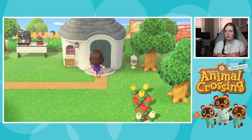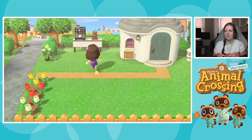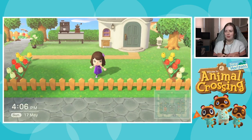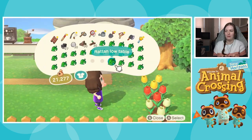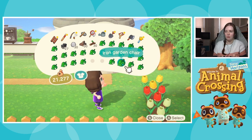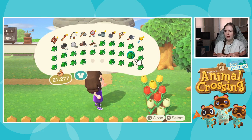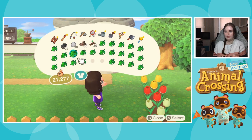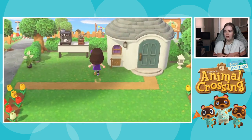He's not actually home, I don't think, so we can't look inside, but his house is very much coffee themed. He has a really cool area for making and preparing food. He has a little kitchen area, and then he has a table and sofa where you can relax. So we're kind of just going off of the inside of his house, outside. Yeah, I want to put this fridge out here,